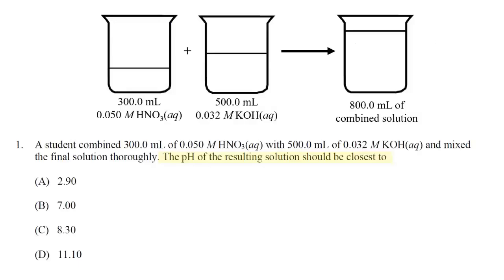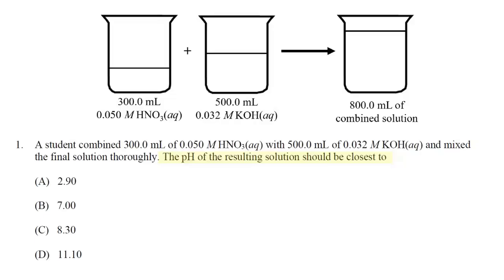If there is an excess of either the nitric acid or the potassium hydroxide, then that will cause the pH to be something other than 7. So at this point, we can't eliminate any of the choices until we know, is there an equal amount of moles of H plus and OH minus, or is there an excess amount of acid or an excess amount of base? So to start off this calculation, let's take volume times molarity to calculate the number of moles of each